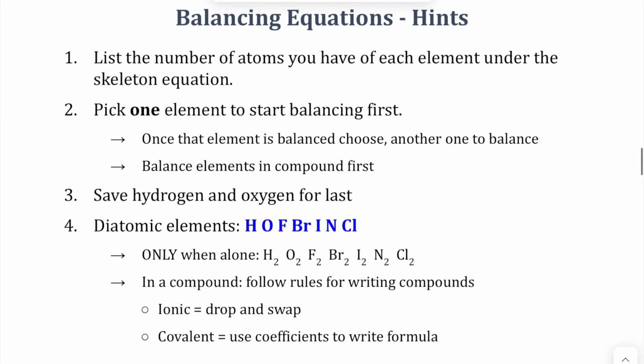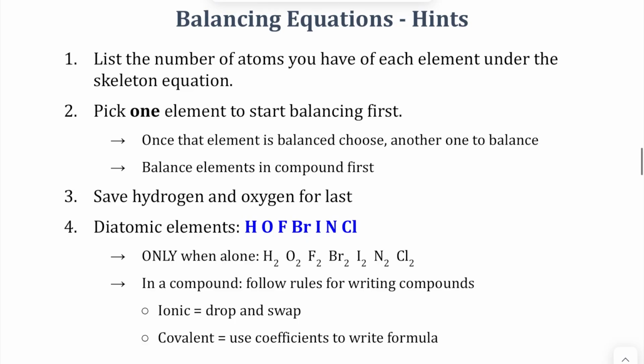All right, and then here are some hints. Again, list the number of atoms we have, picking one element to start our balancing first. Once that one's balanced, then move on to another one. And balance elements in a compound first, because those are going to affect other elements. We save things that are by themselves for last, especially hydrogen and oxygen,